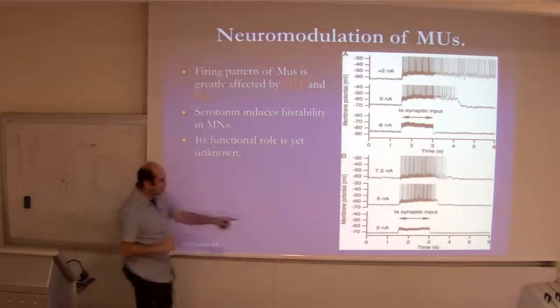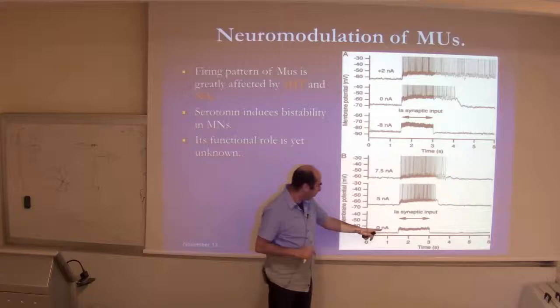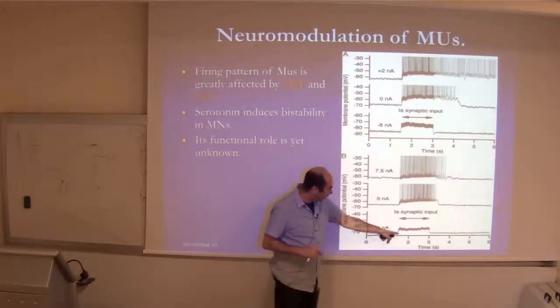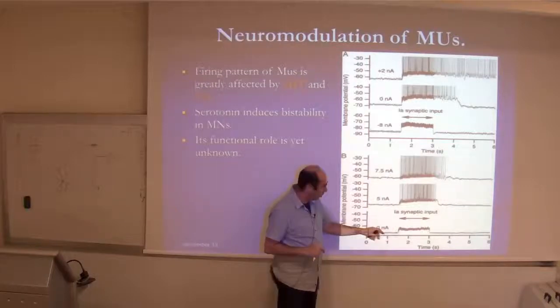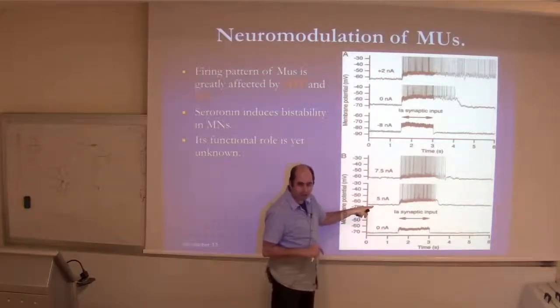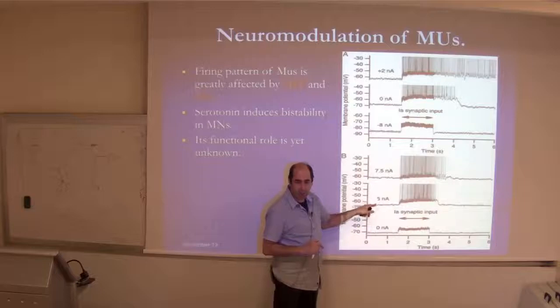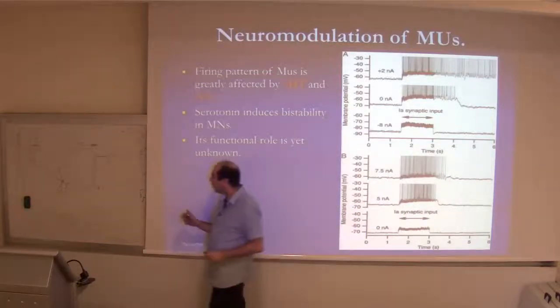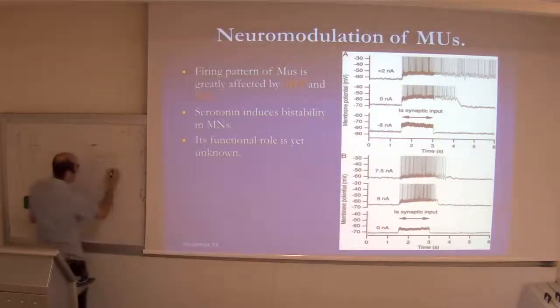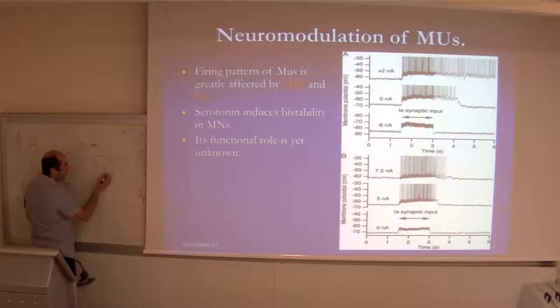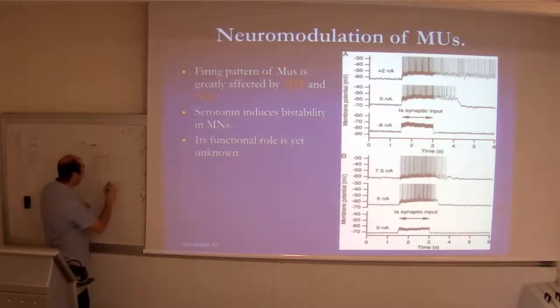Okay, so zero nanoamp means that we don't apply any current. We just follow the voltage, and this is changing here. Okay, so here we inject 5 nanoamp. So now in one direction we have an amplifier that measures the voltage, but in the other direction we have an amplifier that injects current. Okay, and now we're injecting 5 nanoamp